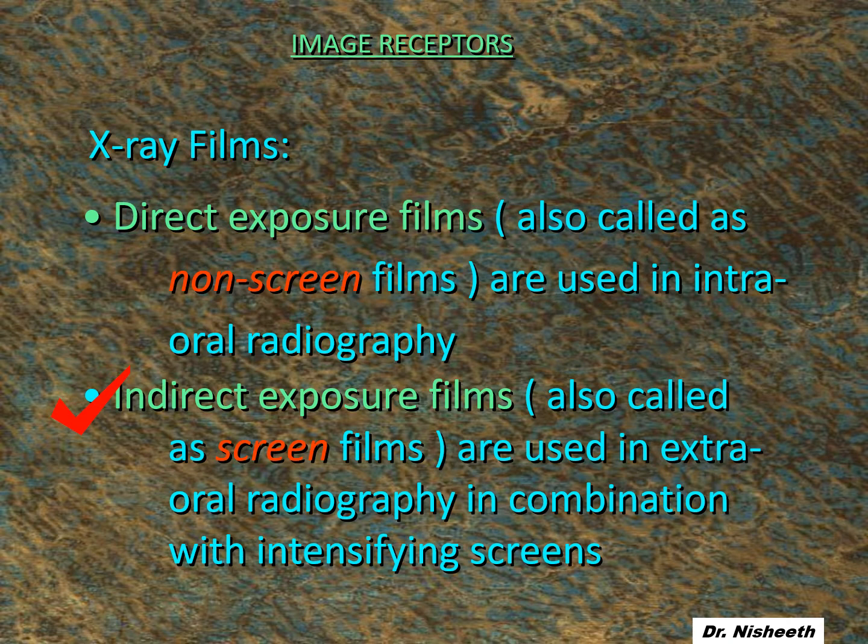Emulsion contains silver halide crystals in a gelatin matrix. Gelatin is used because it absorbs water and swells up, and it allows the developer and fixer to enter inside it and interact with the silver halide crystals. Silver halide crystals are either silver iodide or silver bromide. Based on the shape and size of the crystal, the films are categorized into different types, as you saw that the films were of different types.